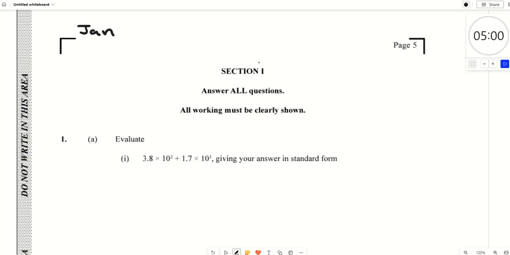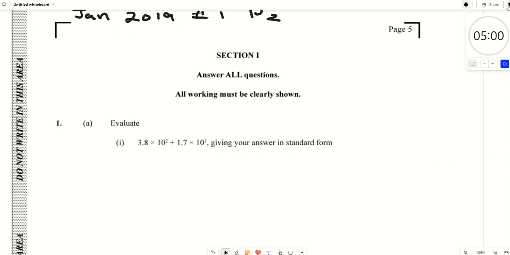Hi, good day all. So today we'll be doing Jan 2019, number 1, paper 2. So let's read the first question. They said in the first question,